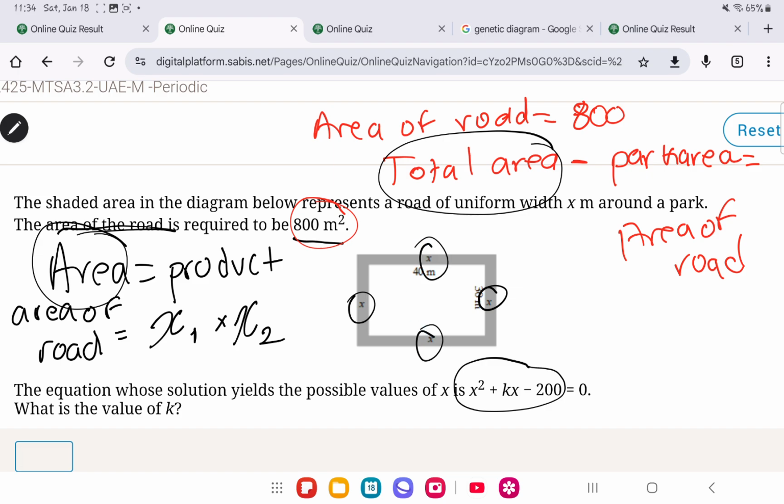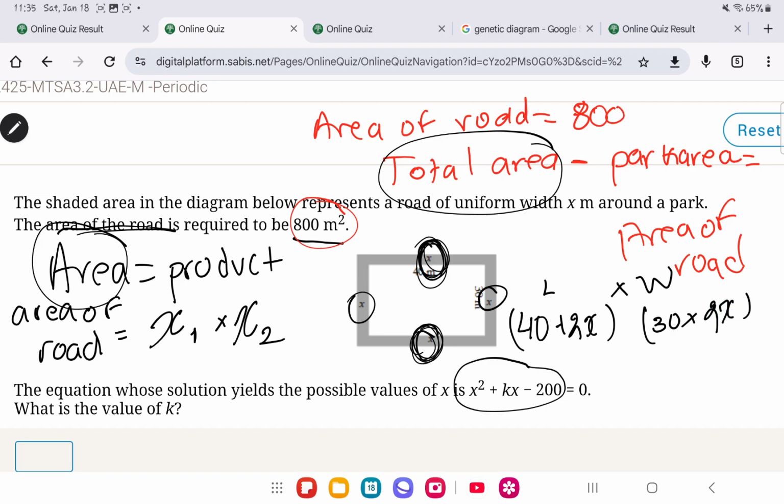So it's not sufficient to only apply side times side. Instead, we are gonna do this: this x, because it could be any root, plus this x. So that becomes 2x, so that is 40 plus 2x, and we will say this is the length. Total area we know is gonna be length times width. So we found the length because they gave us the dimensions, which is 40 plus 2x, times the width, which is 30 plus again